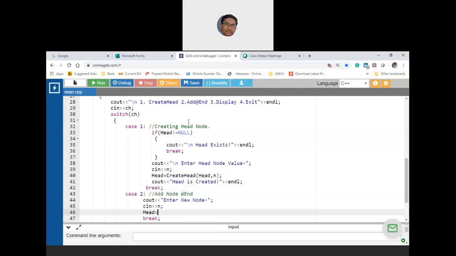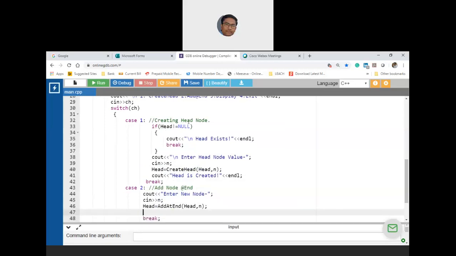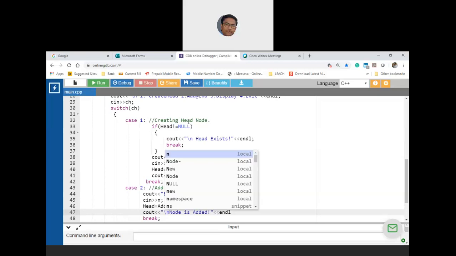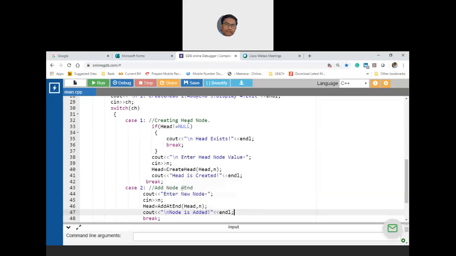Head is equal to add at end. You have to pass head and you have to pass n. Then you can cout: node is added. Then n and a semicolon. Clear? Yes, sir.